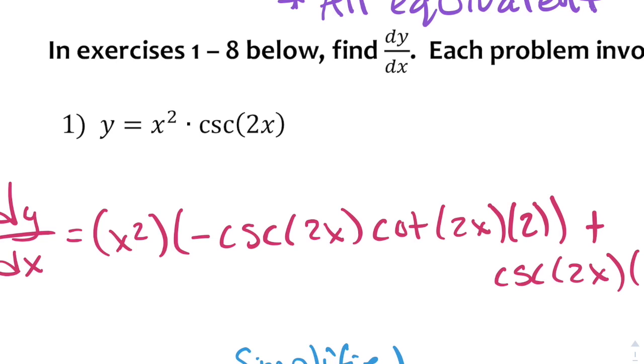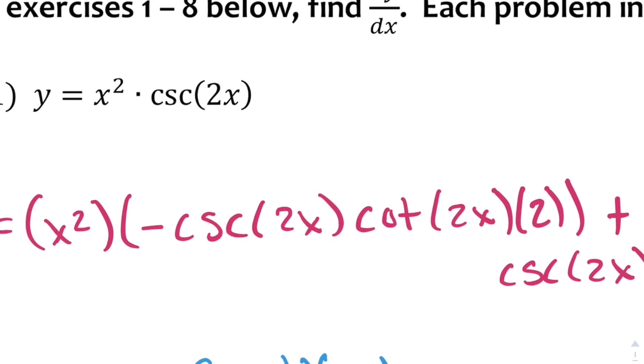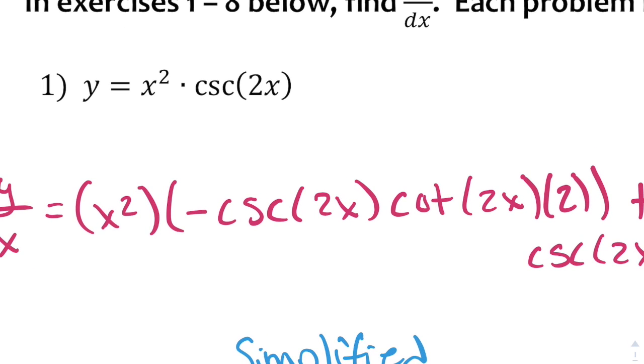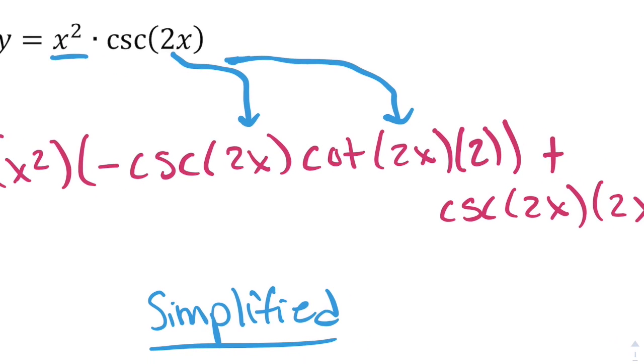I pre-did all the work out because I wasn't sure which day our field trip was going to be. But if you can just follow along, we have the first function, x squared, times the derivative of the second. So the derivative of cosecant is negative cosecant cotangent. You'll notice that the 2x stays because that's our angle measure. So in both cases, the 2x reappears, and the derivative of the inner function 2x inside there is 2. So I attach that on the end,